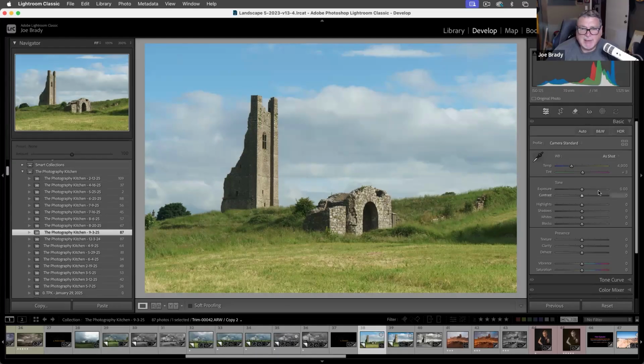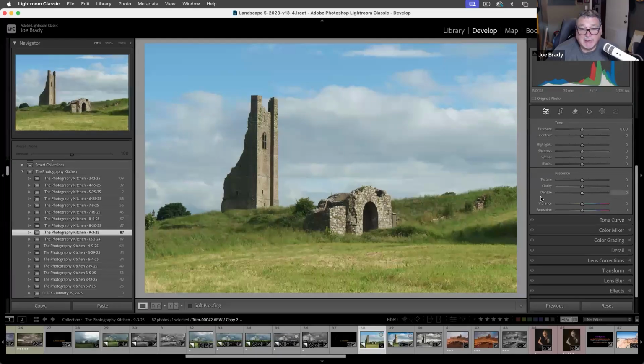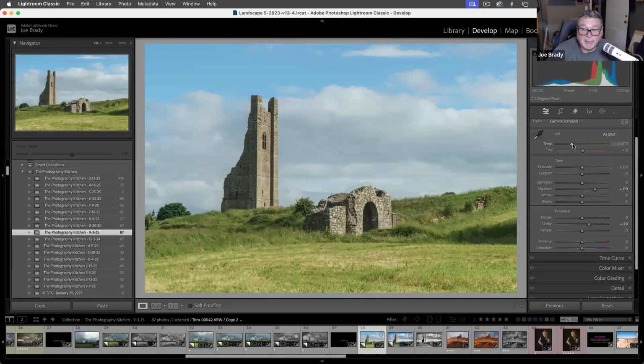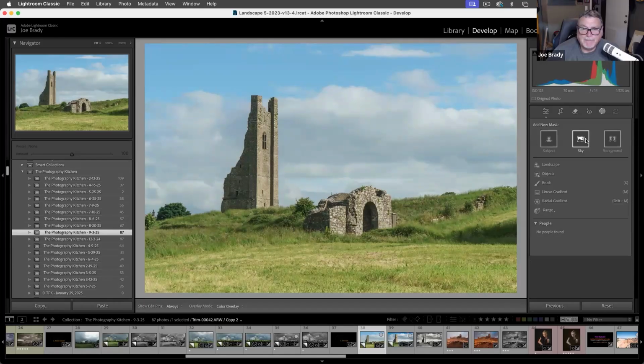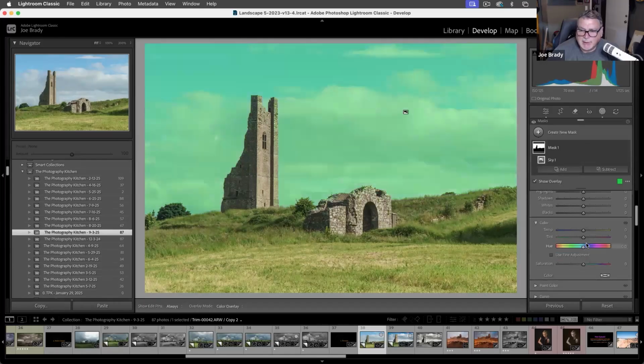I would do my basic edits to this. This is actually the raw file. I'd add some clarity and probably do the dehaze to the sky alone. I'll bring up the shadows a little bit. The color's off a little bit. I think it's gone a little too yellow. I'm not going to concern myself too much with it, but let's add a little blue. Let's go ahead and get the sky. And I'm going to add some dehaze. Again, thinking